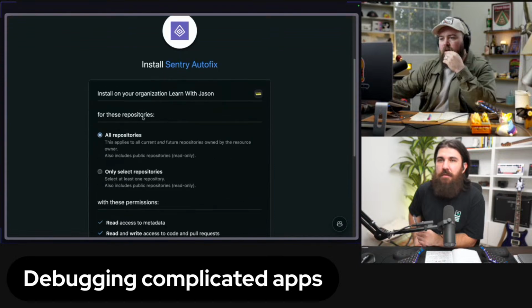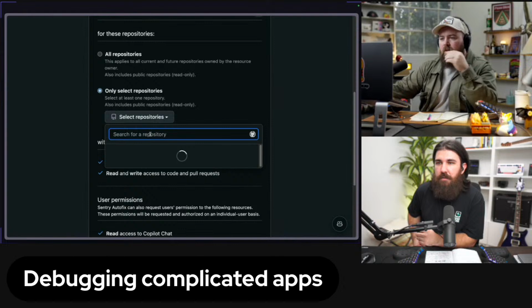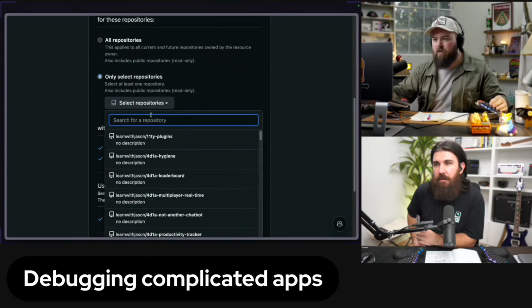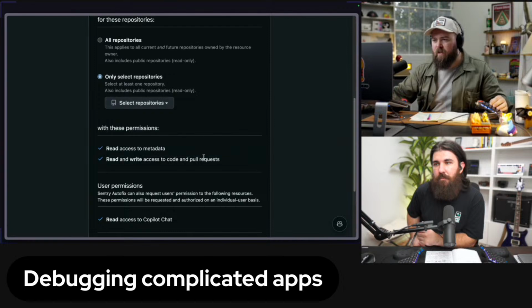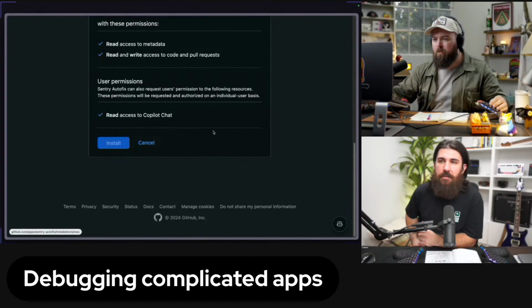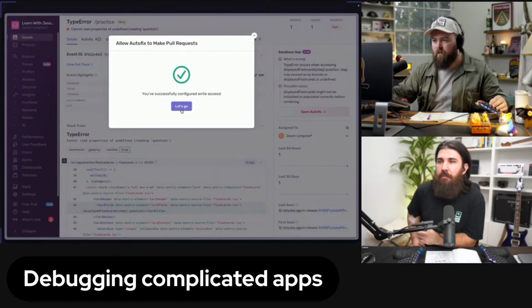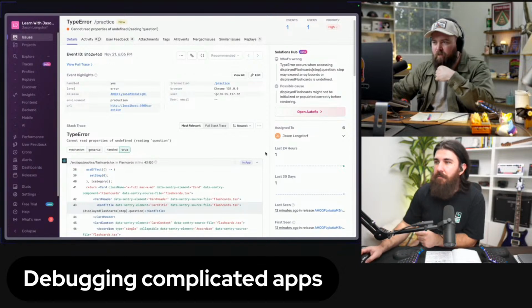It's already been installed, but that's the GitHub one. Let's try that again. If not, we can try the old repositories and you can delete that later if you don't want it. What's going on? It's already installed. Let's go back to Sentry. The GitHub app has already been installed, so I'm going to close this one. I think I might have just kicked it twice and it ran twice.